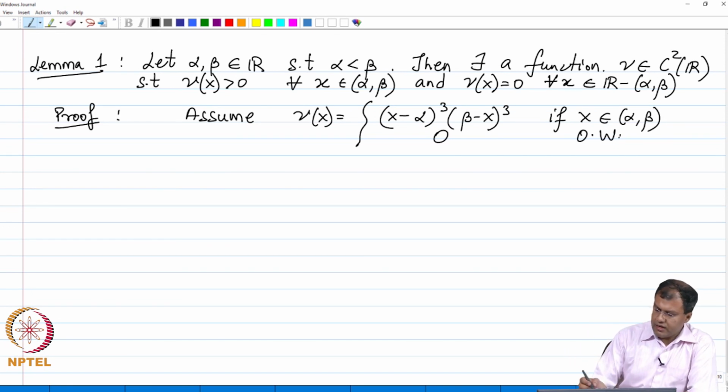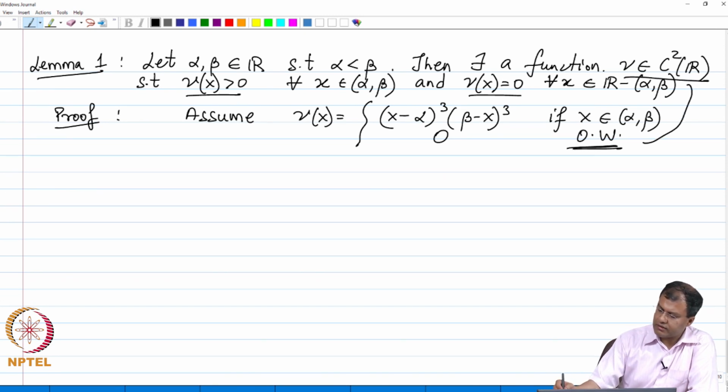Okay, we can see that nu is positive inside the interval. So, it checks out this condition, it also checks out this particular condition, this construction of nu, and also we have to see whether nu is second order differentiable, namely the derivative of nu exists over entire R, right. Certainly it exists outside the interval. So, certainly this condition holds outside the interval alpha beta. So, we just need to figure out what is the first and the second derivative of this function inside the interval alpha beta, right.